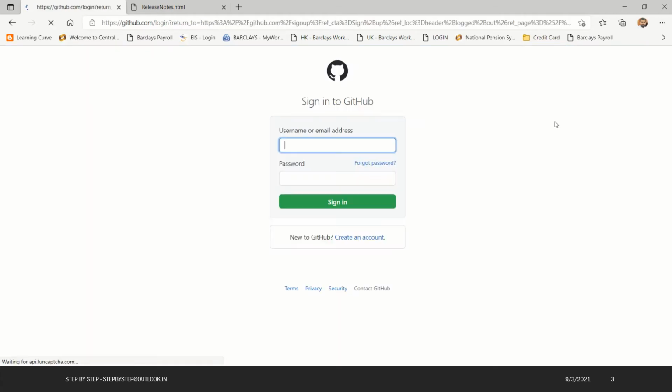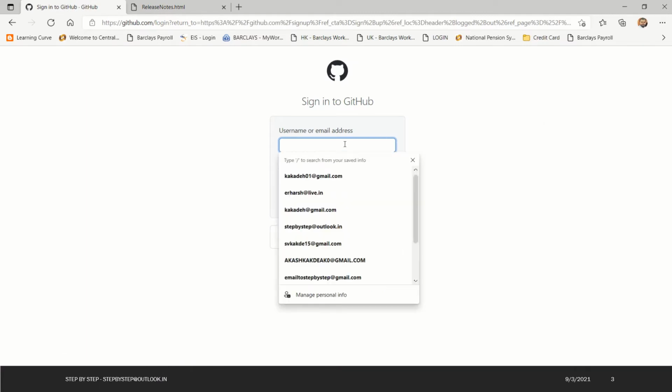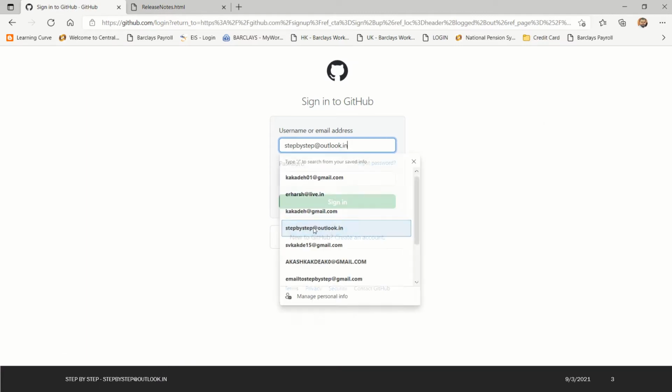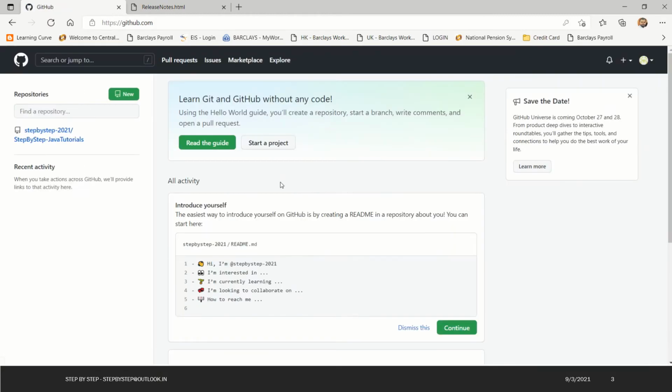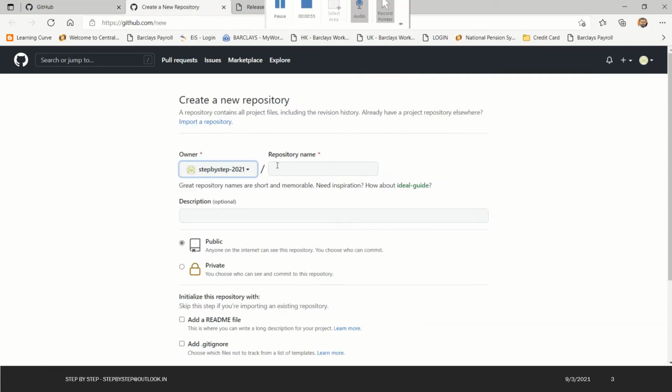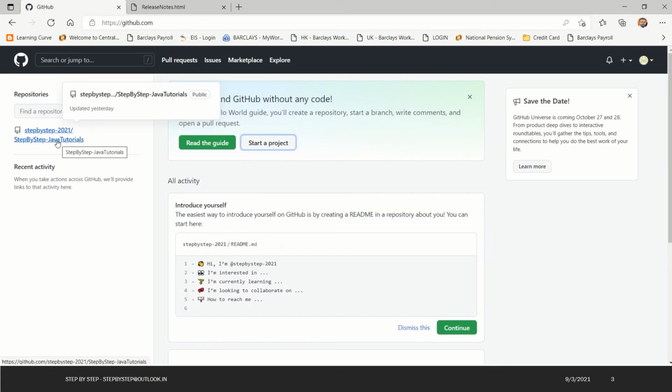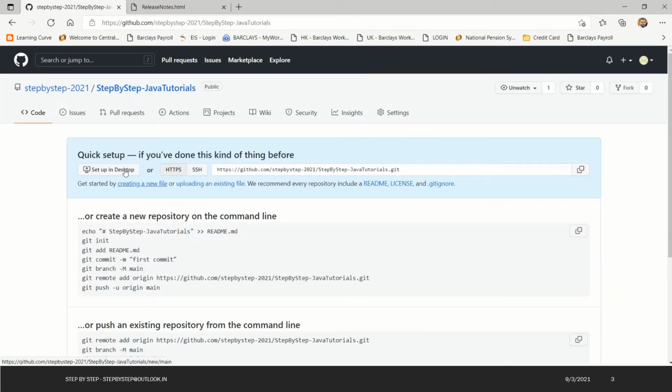As I already created one, I'll just log in with the account name and sign in. So it will take me here. I have also created a repository. You can easily create a repository by saying start project. It will basically create a new repository, but I already have a repository named step-by-step-java-tutorials.